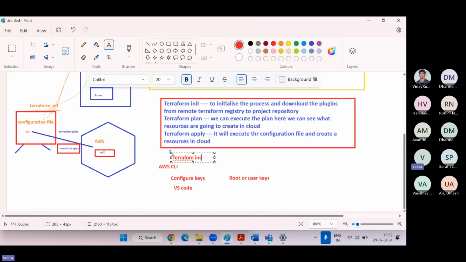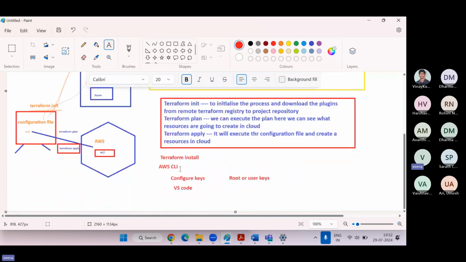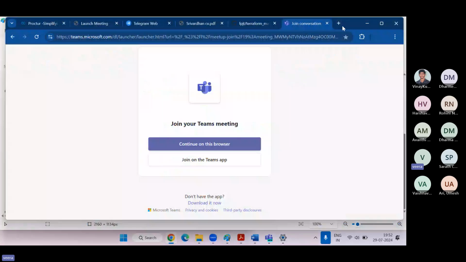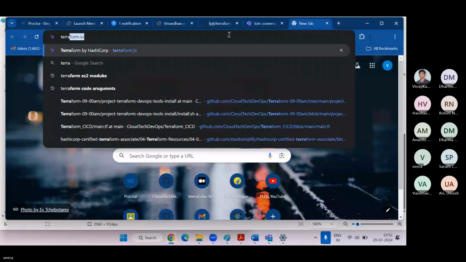So three things here: Terraform install, AWS CLI install, and VS Code install. We have to take care of these three prerequisites. Here, I'm going to show you how to download Terraform. Very simple. Go to download here, Terraform.